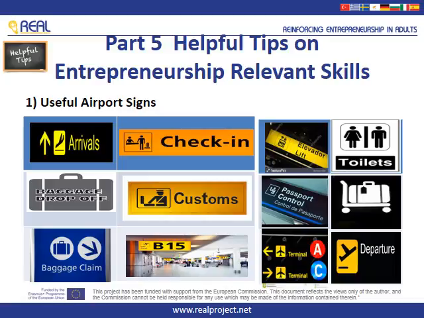Check-in is the place at an airport where you check your luggage and your ticket. Customs is the place at the airport where travelers' bags are looked at to find out if any goods are being carried illegally or have to be declared. In the departures lounge, there are many different gates that lead to different flights. Passport control is the place at the airport, port, or border of a country where a security officer checks your passport. Terminal means the area or building at a station, airport, or port that is used by passengers leaving or arriving by train, aircraft, or ship.